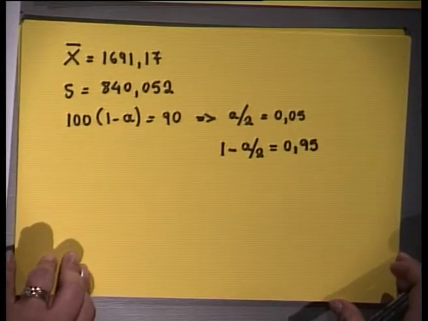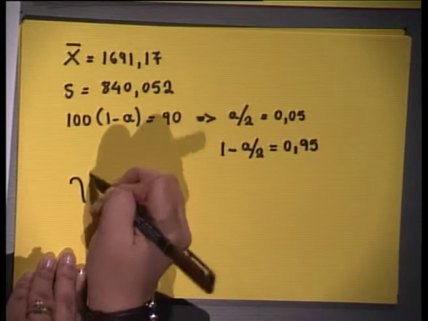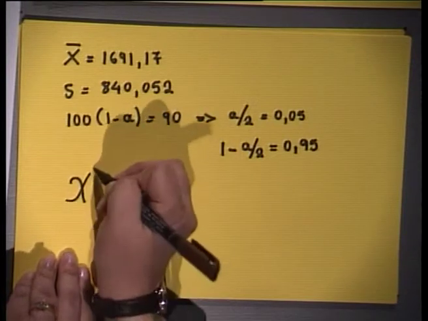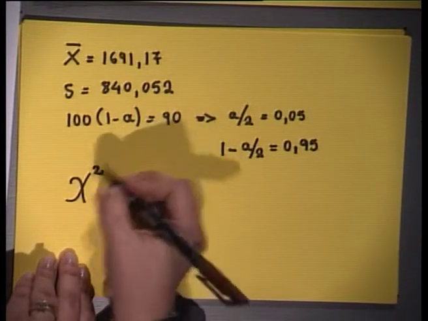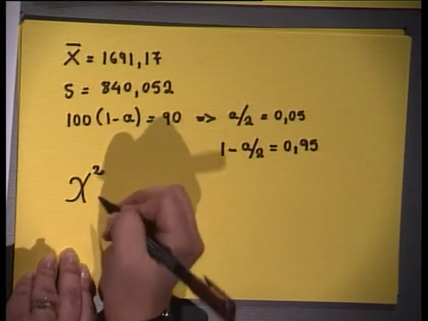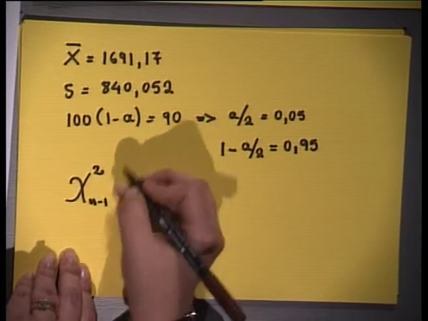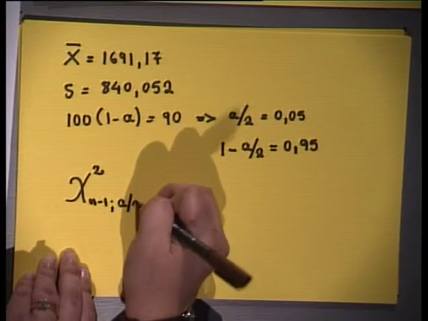So now from the tables we would be looking for the value of the chi-square distribution of n minus 1, a over 2,